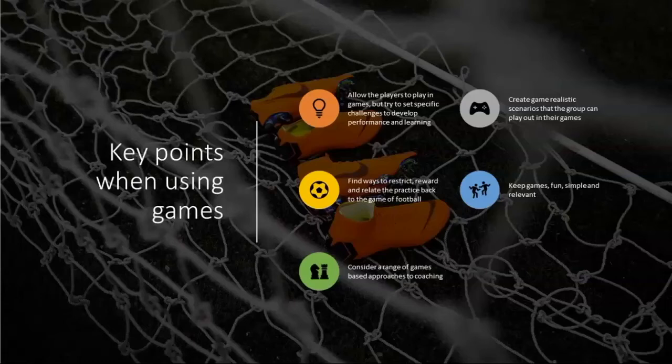So to give you a really quick example of what that might look like, you could say we're playing a game, playing through the third. Each team has got 2 pauses that they're allowed to use at any time. They could call a pause, stop the game, and make some kind of tweak or change during the practice. Or they might call a pause because they want to ask you for some help or a clue on how they can get more success, or change something about the game. So pauses work really effectively.